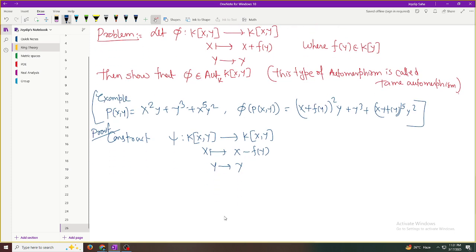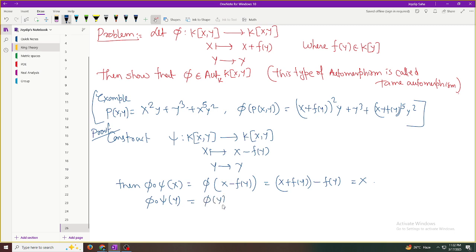Then psi composed with phi of x equals phi(x) minus f(y), which equals x plus f(y). As y goes to y, f(y) should remain y, so x, and phi composed with psi of y, it is no problem. Phi of y, it is y,